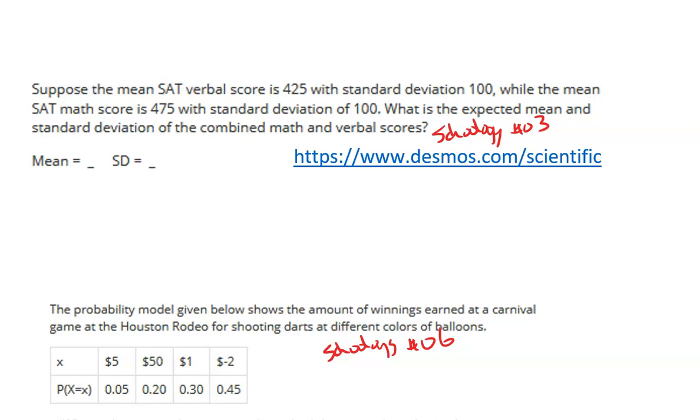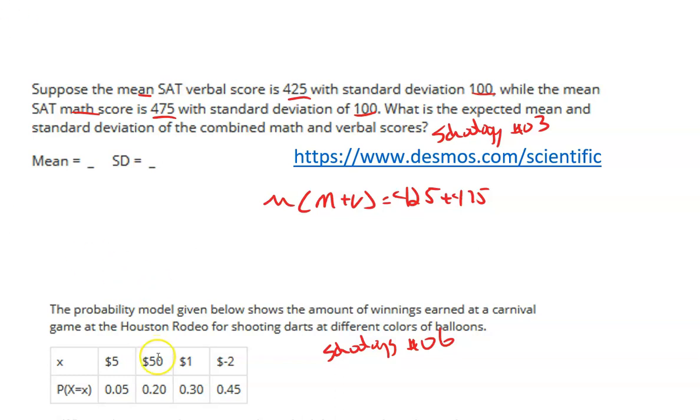We got the mean SAT verbal score at 425 with a standard deviation of 100, and the mean math score at 475 with a standard deviation of 100. So to figure out the combined math and verbal, like math plus verbal, you would just add math and verbal together, right? The two averages, 425 plus 475. And I'm going to go to this